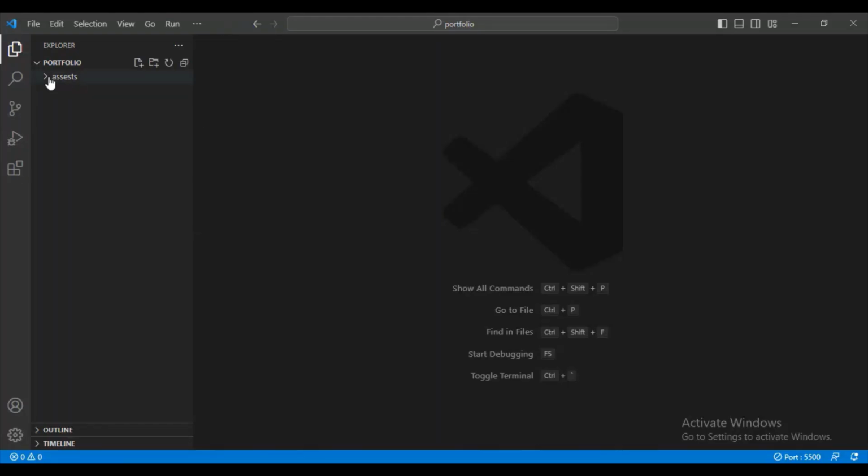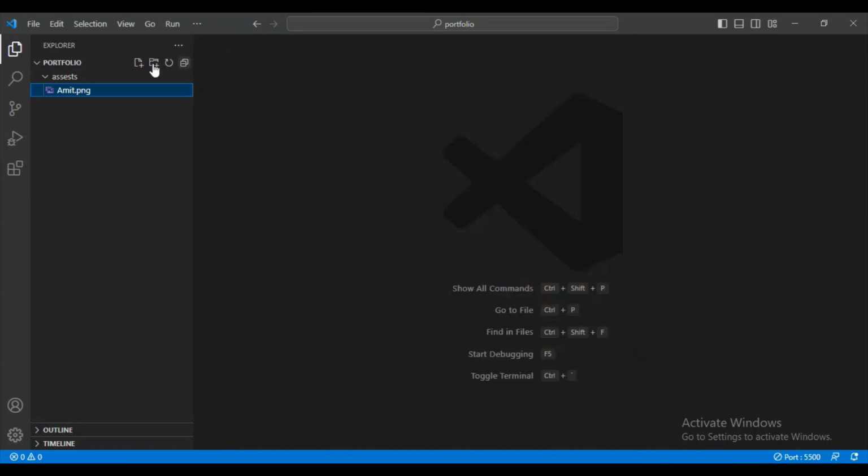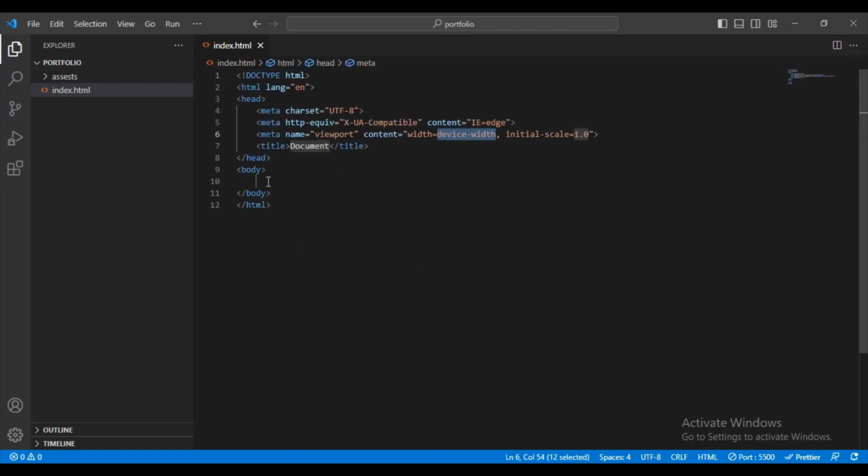I added the profile image in this assets folder, which is used in this project. And now first of all I will create an HTML file outside this assets folder, here index.html, and the HTML boilerplate. For that press shift and exclamation mark, enter. Now you see the boilerplate is generated. Here first of all change the title. I will give my name, and after that here I will give